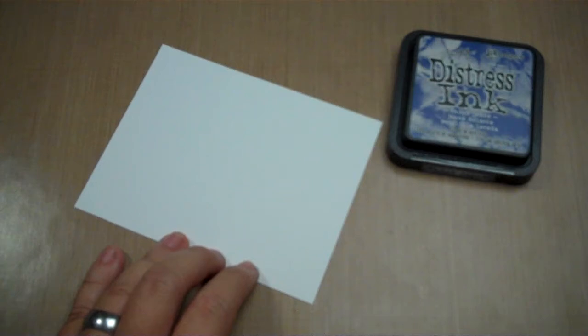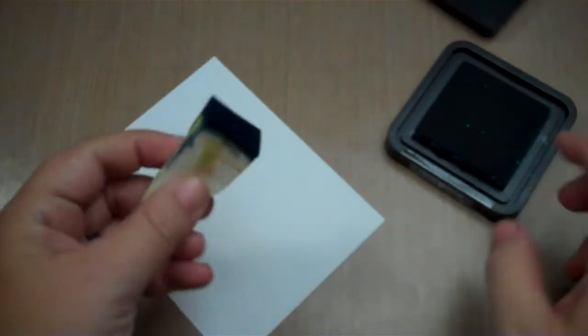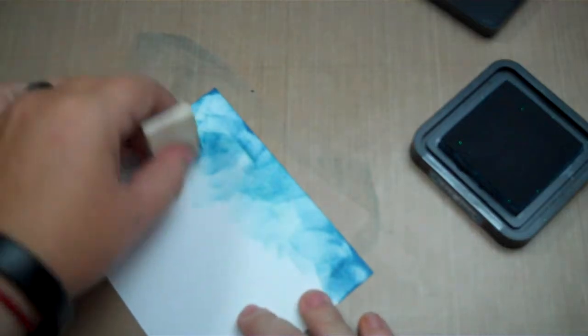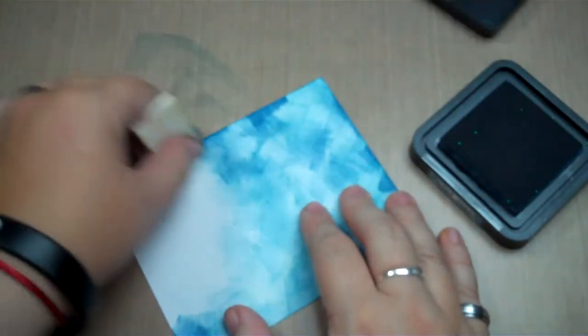So I'm going to go ahead and get my little sponge, and I'm going to distress this with my ink. Put a little color there, especially blue, because of the Memorial event and colors. So I'm just going to do this very randomly. I'm not worrying about it having to be perfect. I'm just going to put some color on that white piece of paper. So all you do is distress that with this color, or maybe you want to choose a different color. I chose Faded Jeans,